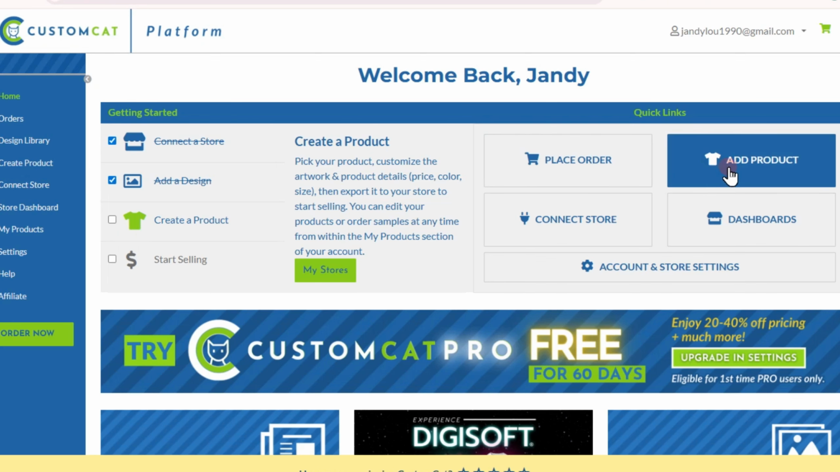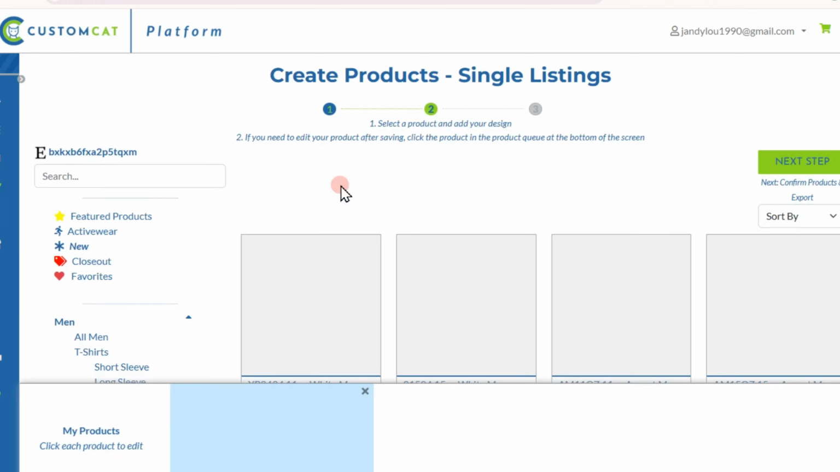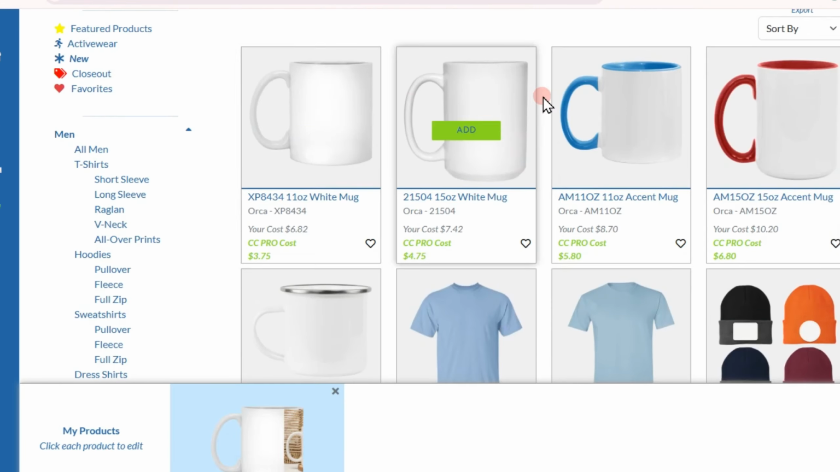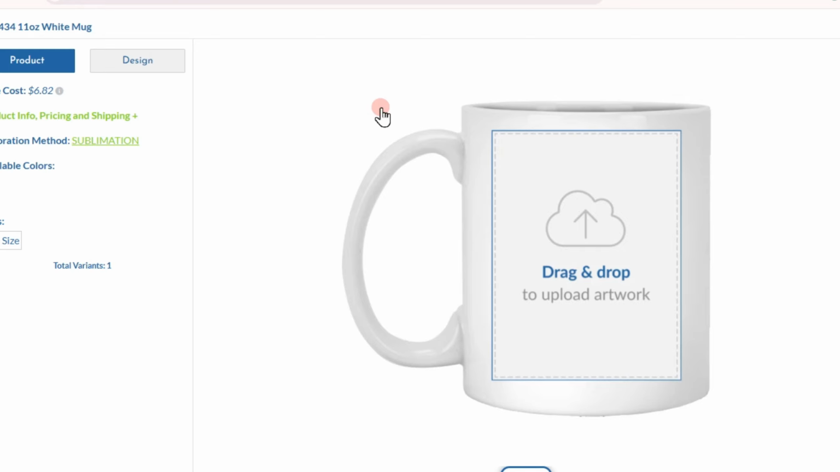What you're going to do first is add products here. You can create a listing or you can select the second one. Let's just select the first one, create a single listing here. Now you can select if you want to sell mugs, shirts, or other items. Let's say you have selected mugs right here. All you have to do is add your